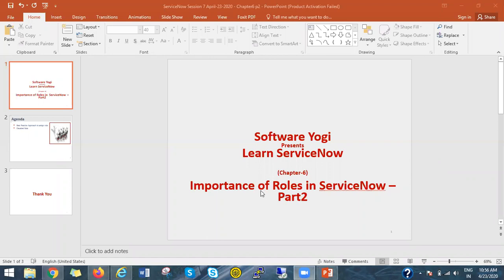So yesterday we discussed the importance of roles in ServiceNow. We have seen a couple of important roles like the admin role and the ITIL role, right? We assigned the admin role to make a particular user a system administrator. We created our own user and assigned the admin role to him,